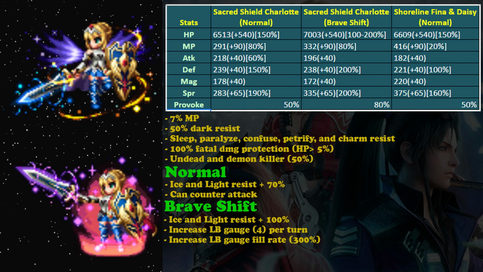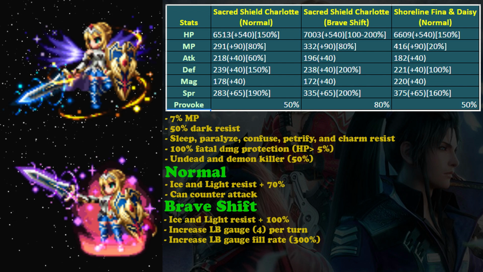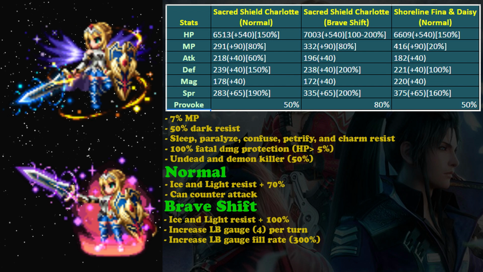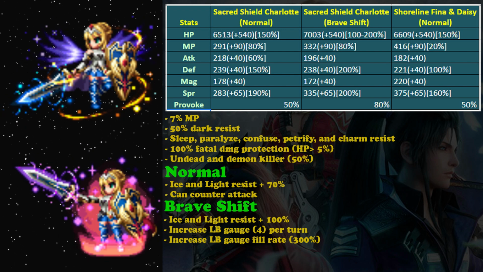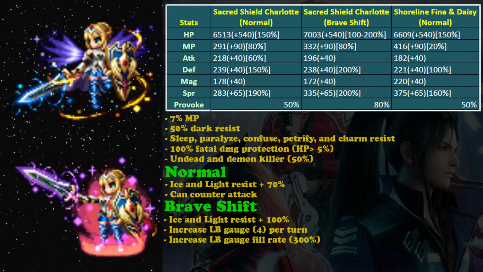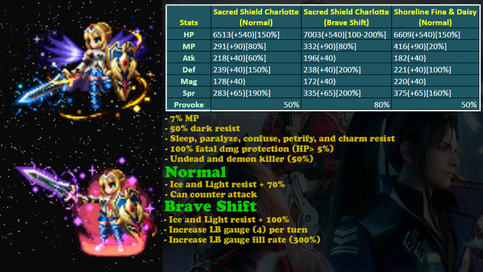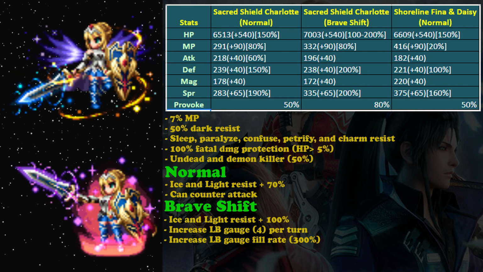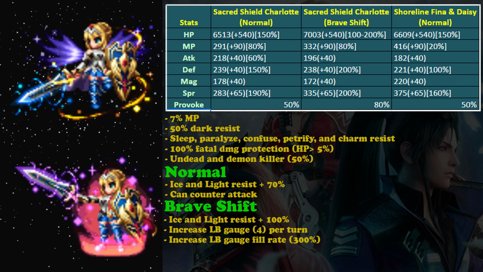since she is a tank, so this killer won't be useful. And the normal and Brave Shift form passives are about the same, but the Brave Shift form's ice and light resist are better, 100% versus 70%. On Brave Shift form, you can see that she has 4 LB gauge regen per turn and 300% LB gauge fill rate. So those are good, but I still prefer the normal form because,